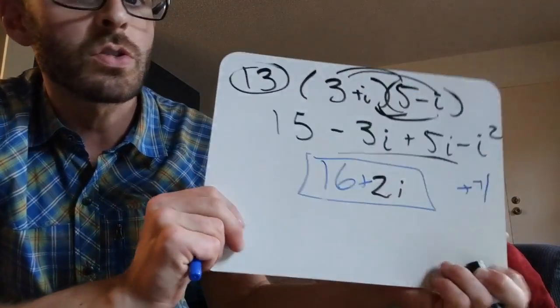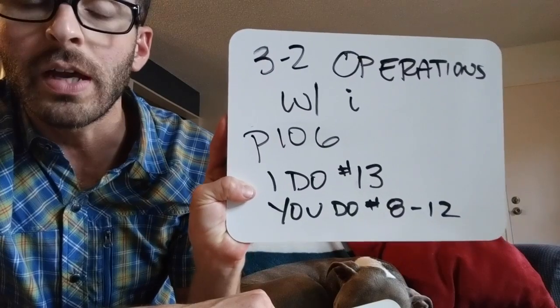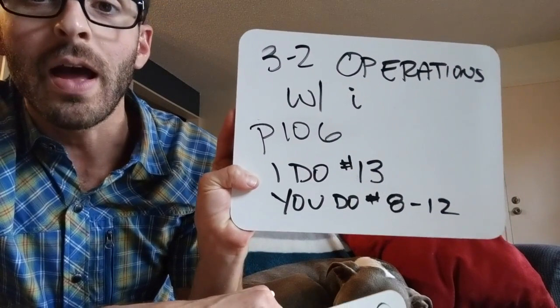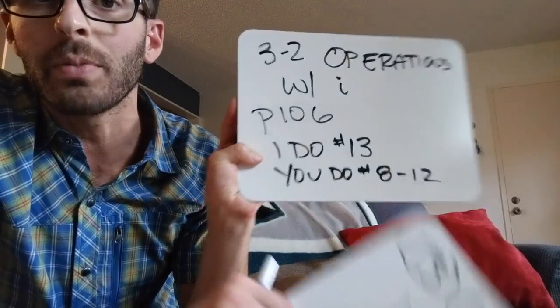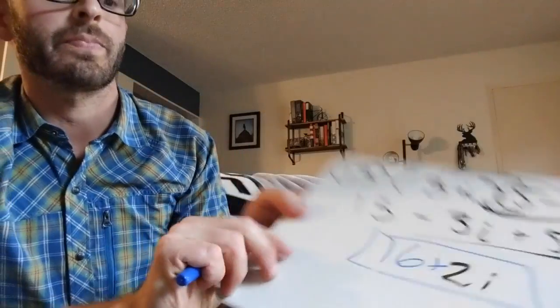All right, so now that we did that, you're going to do 8 through 12. 8, 9, and 10 are just combining like terms. Please don't struggle with it. And 11 and 12 are going to be multiplying, but a little bit easier than number 13. I just picked the most fun one for me. Okay? You can pause here, come back though, because next up,